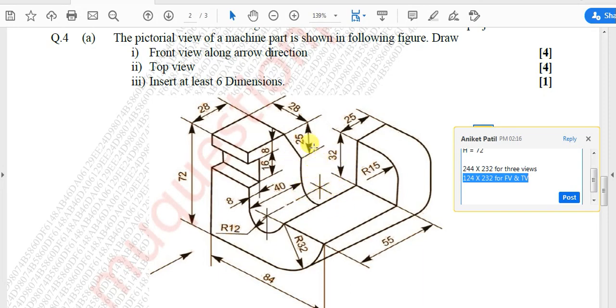If you look at the problem, it is desired to start with the front view. In the front view we will be able to see a rectangle, another rectangle, and this particular part. Let us start with the rectangle, where the length of the rectangle will be 28, as we can see, and the height will be 8 millimeter. The next rectangle will also be of the same length and height 16, and another rectangle will just start, and thereafter there will be a curve to be formed. So let us start doing it.